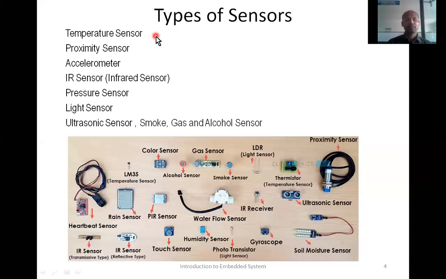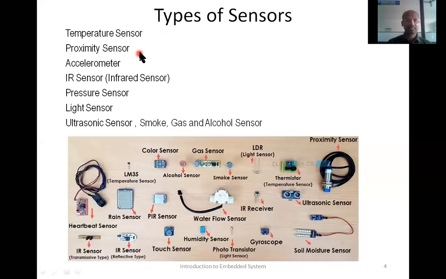If temperature goes above 200 degrees centigrade, which is sensed by the temperature sensor, then we generate control signal to turn off the heater. That's how we maintain the oven temperature at a desired value. That is how we can use temperature sensor.